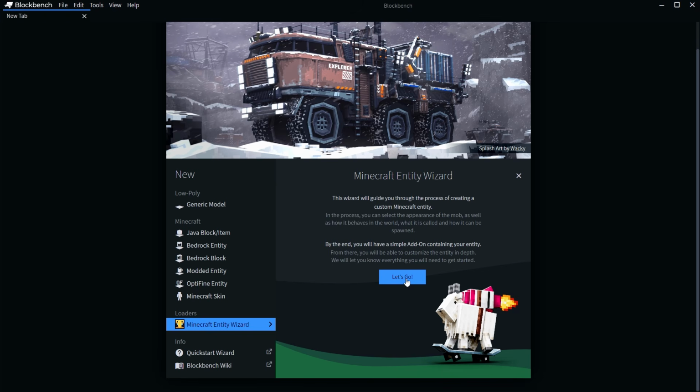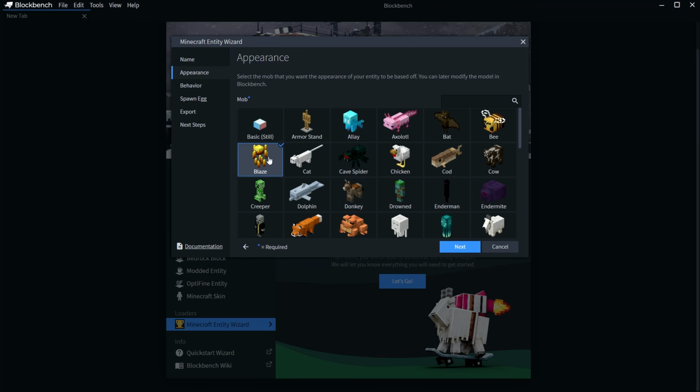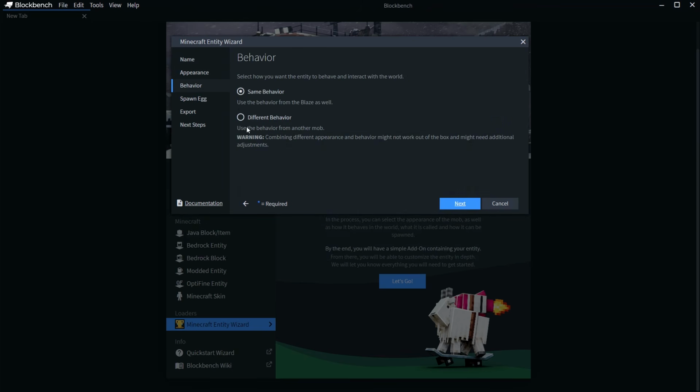The reason why we're doing this is that it already sets up all the animation and the basic textures and everything we need from the Minecraft mobs, which saves us having to pull them all from the sample file. So in order to get the ball rolling, we just need to fill in the gaps. In this case, I'm going to name it Blaze NPC, and then we're just going to cycle through it. So I'm going to pick my Blaze for my appearance, and then for the behavior,